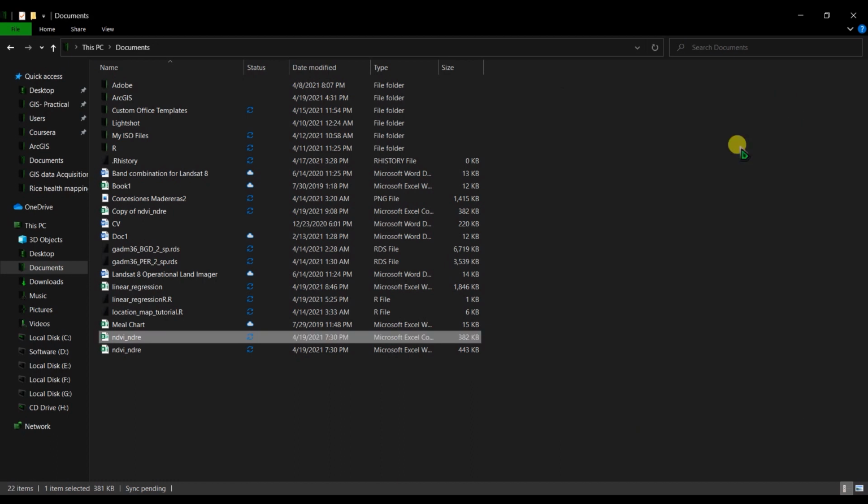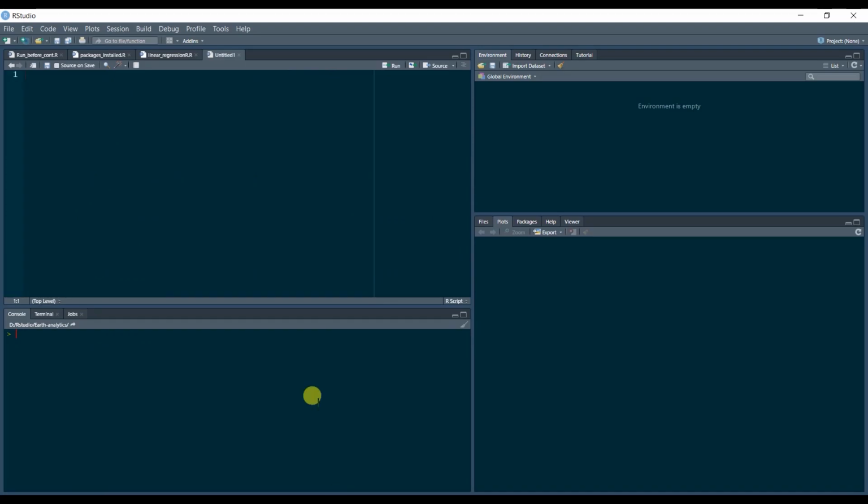Okay, so let's go to RStudio, and in here we don't have to write very long code. This will be very simple and easy if you are new to RStudio. So the hashtag is for a comment, and this will not run in the console, and this is to remind you what you are doing, and this is very useful. So first we are going to